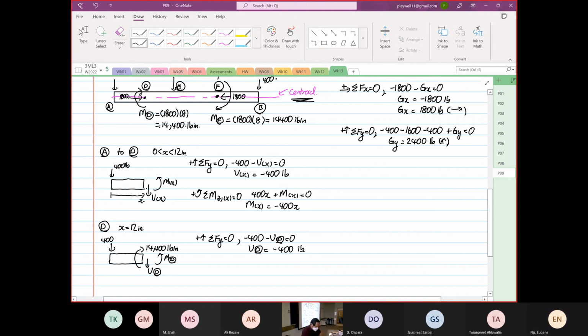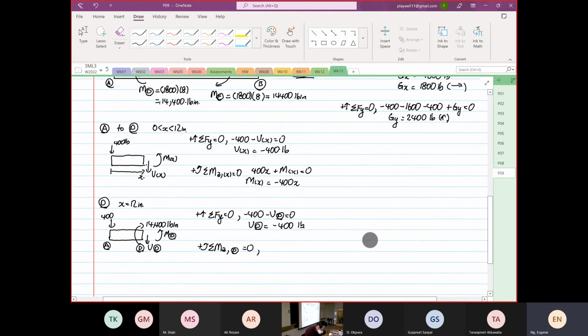Okay. The next one, that's where the moment is different. M as a function of Z at point D. Now we are taking moment at point D. The difference now is this. We have a moment at point D. So this is our point A, and this is our point D. So this will be equal